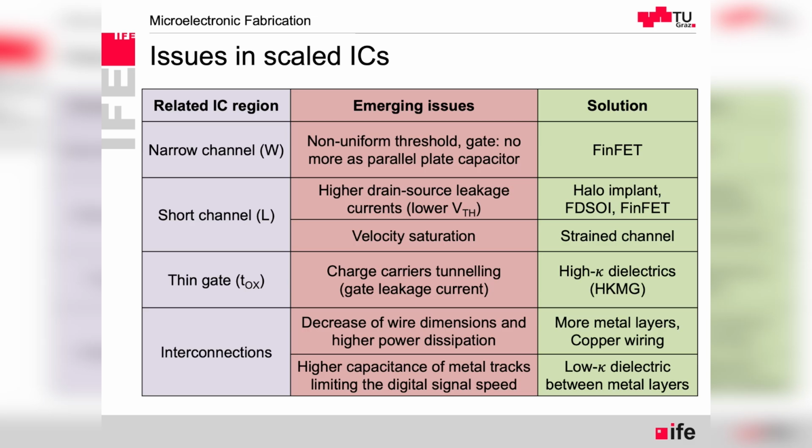Then higher drain-source leakage current and velocity saturation are both effects of shortening channel length. The fact that we also scale and need to keep the oxide capacitance at the right level means that charge carrier tunneling through the gate is possible, because the gate is so thin. And finally, for the interconnections, the wire dimensions are